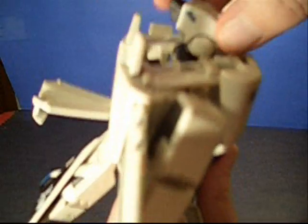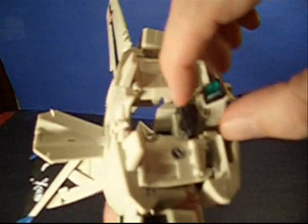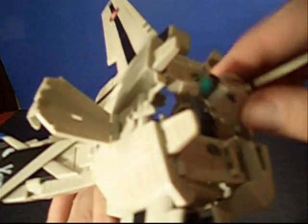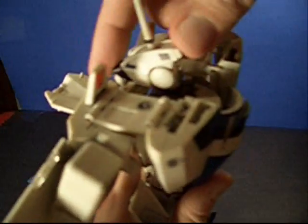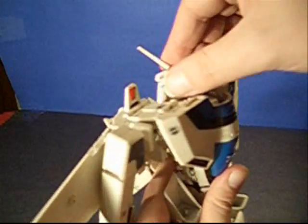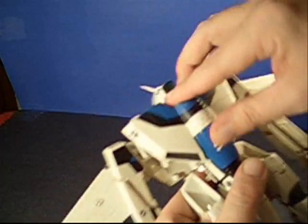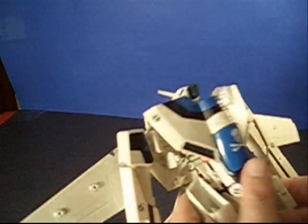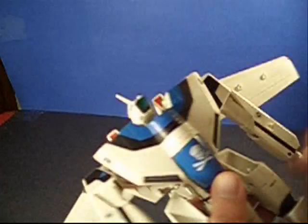Before I finish this up, I'm also going to rotate the head around, because what's happening is, you see, on the black part, there's a slight lip here that rests down in there and kind of locks in. So you have to return the head around, and voila. I don't know if you're an antenna forward or an antenna back kind of fan, but hey, you can do both. Alright, so I'm just going to get the arms out of the way here so I can access the...